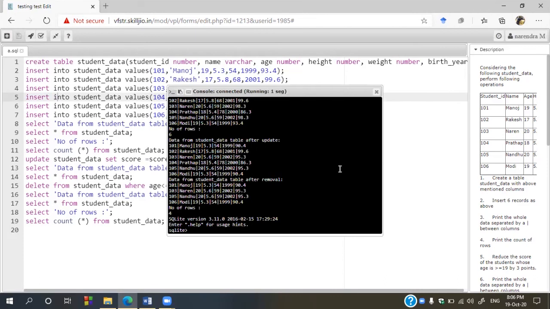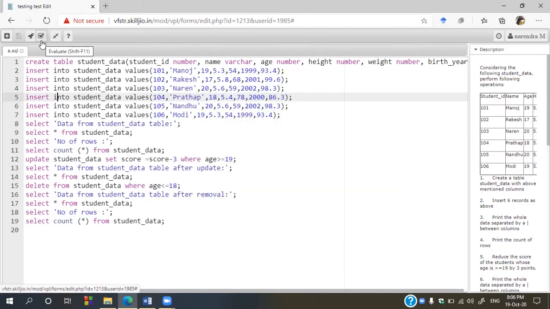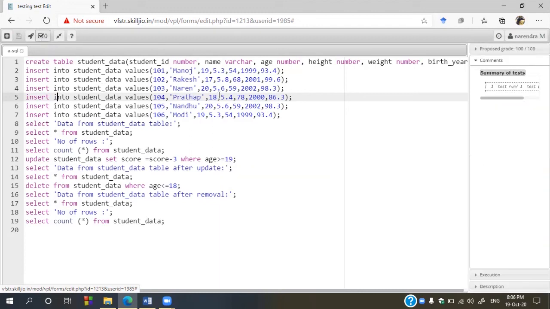So this is the output I am getting for all my queries. Then click the evaluate button. If you click the evaluate button, it will test your output against all the test cases provided. Here you can find whether students have written correct queries or not. If all the test cases are passed, then the student has written correct queries.